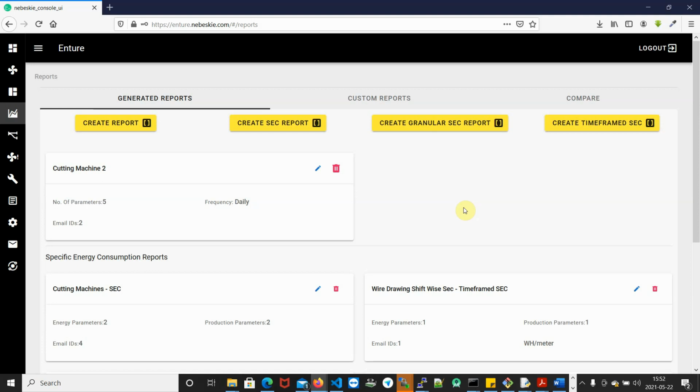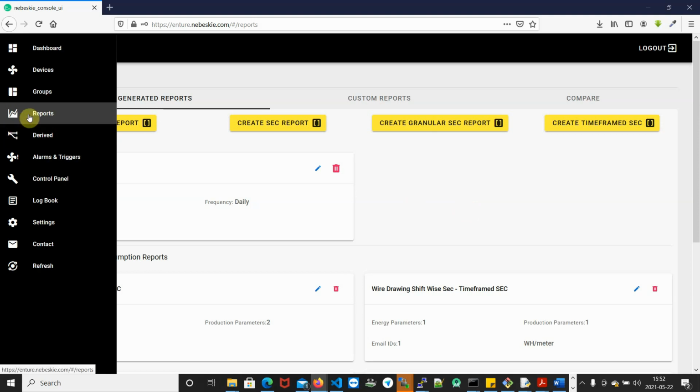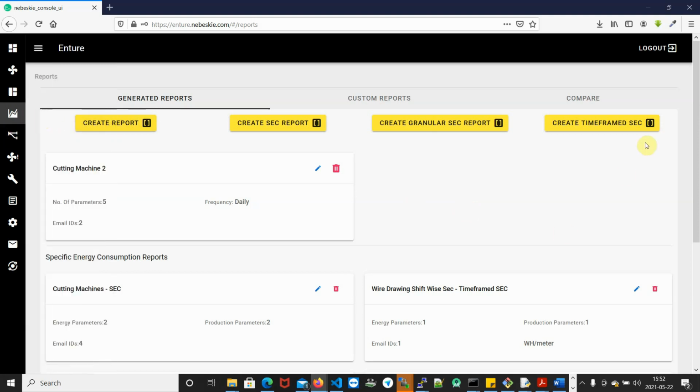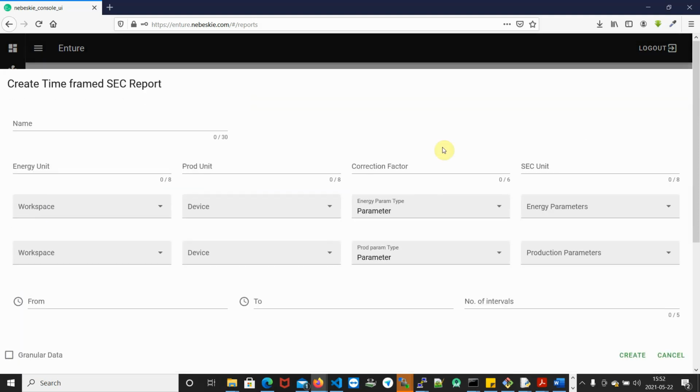So today we are going to talk about time framed specific energy consumption. As you can see, we are already in reports. Once we are in reports, we have the option here, create time framed specific energy consumption. From here we can go ahead and choose the name, the energy unit, the production unit, and the correction